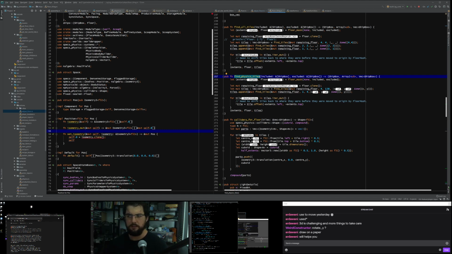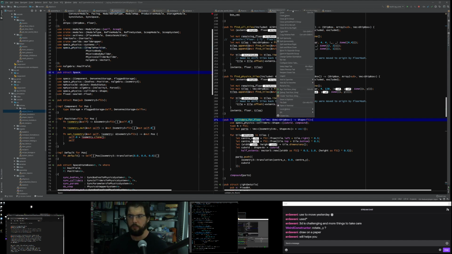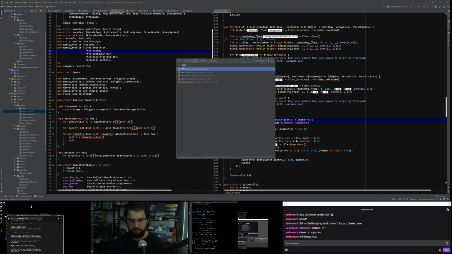I think what I needed to do was to get hold of a floor, use find physics tiles on it to get the information about where the colliders should be, pass those down to colliders for floor, and then put that into the physics system for a particular ship. Which is a way of saying if you have a floor and you have a ship, you can adjust the colliders for that ship. Okay, so we'll close others and we'll open floor.